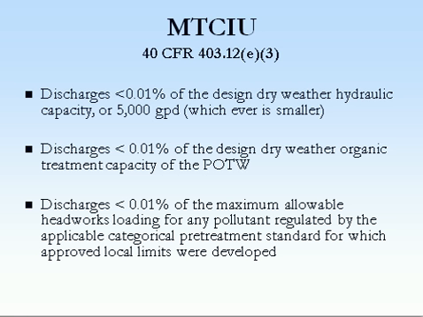In order to qualify for this MTCIU status, the industrial user's total categorical wastewater process flow must not exceed any of the following. It must be less than 0.1% of the design dry weather hydraulic capacity of the POTW, or 5,000 gallons per day, whichever is smaller. The categorical wastewater process flow must also be less than 0.01% of the design dry weather organic treatment capacity of the POTW,